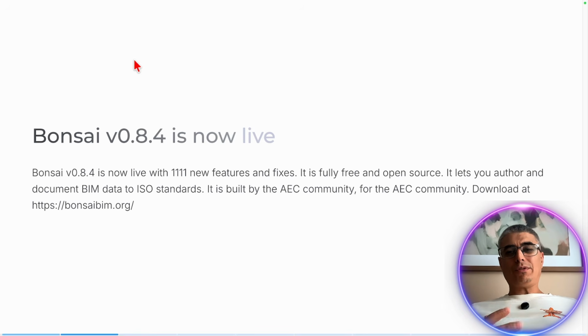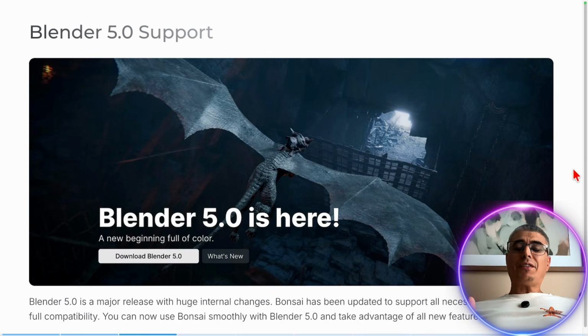It is fully free and open source. It lets you author and document BIM data to ISO standards. It is built by the AAC community for the AAC community. Download it at bonsaibim.org. The first very important thing, Blender 5.0 just got released a few days ago and Bonsai